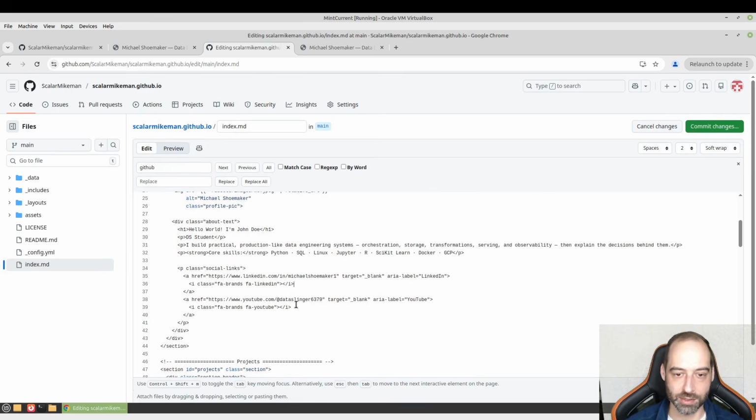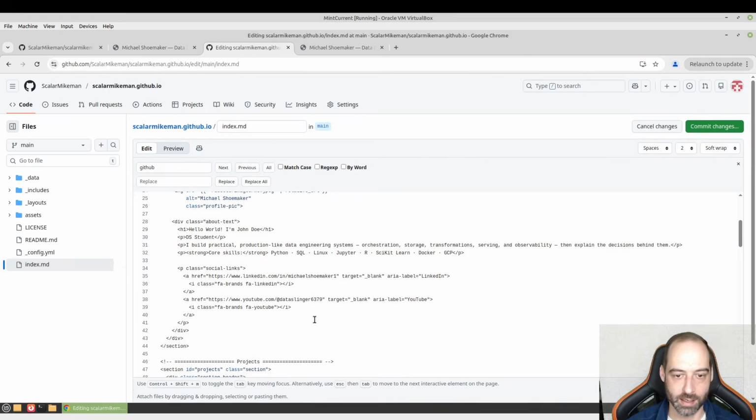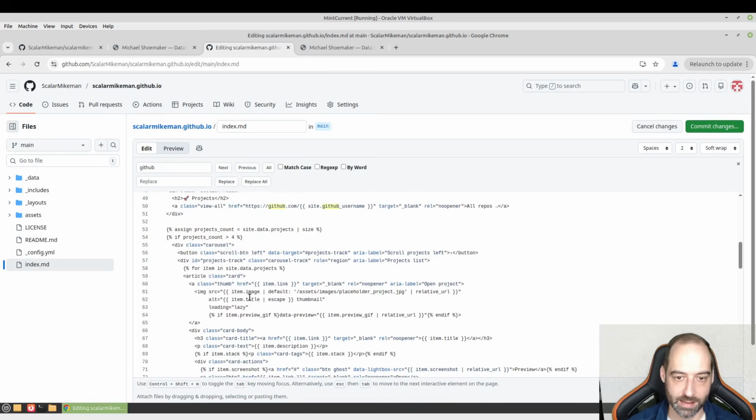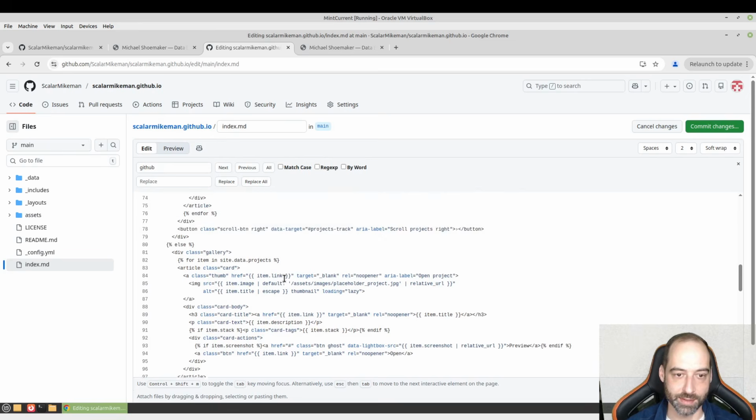Okay, the social links. So these are the links that appear here and here. You would just update those to your LinkedIn username, your YouTube username here. And let's see. Surprised I didn't find it. But this is where those variables are being used from the config file, the GitHub username. And if we scroll down here to another section,